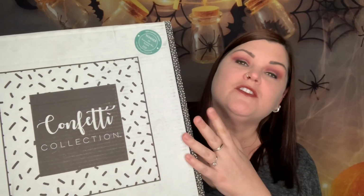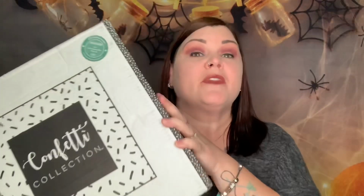Okay, you guys, so my Confetti Collections just arrived and I'm so dying to see what's in here. I've seen other people have thumbnails saying the best one yet, and I haven't watched the video because I want to be surprised on what's in here. So if it's the best one yet, I definitely want to see what is in here. So let's go ahead and dive in. And they are